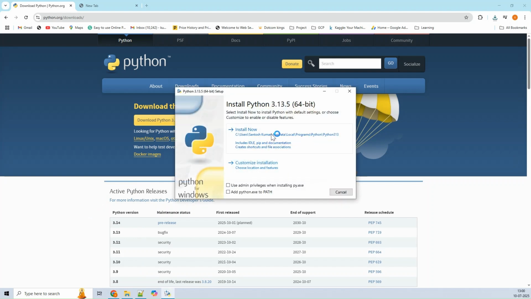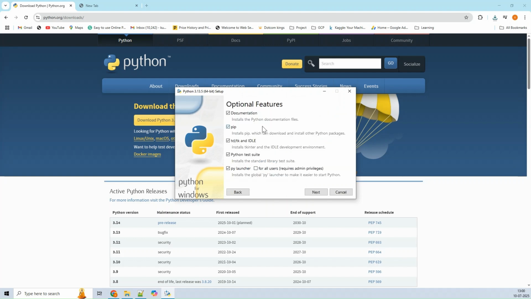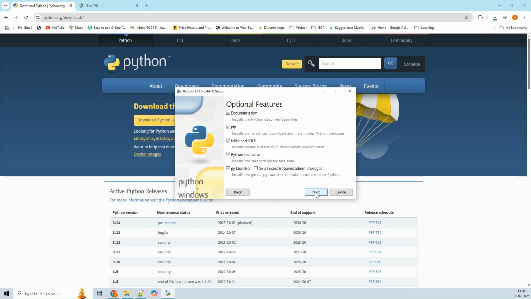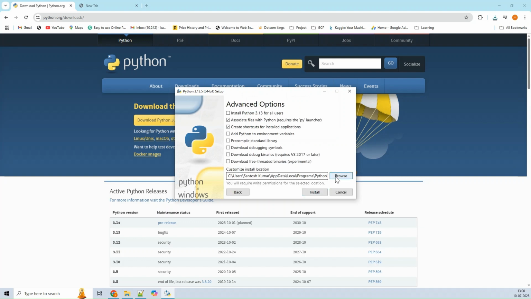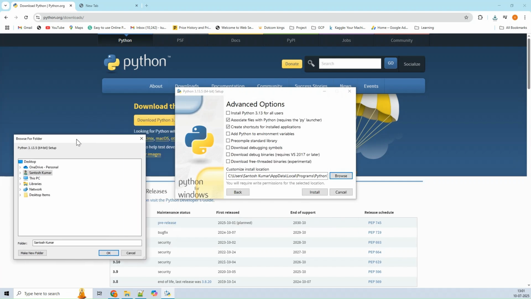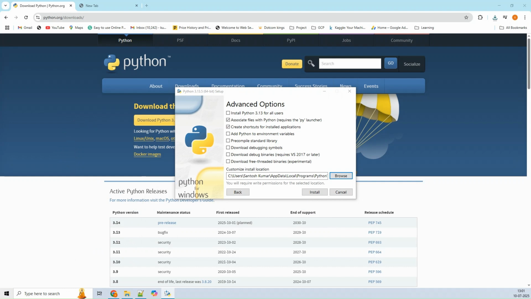So it is installing. If you want to customize where you want to install, you can select it from customization in installations, and then you can click on next. You can basically select your drive where you want to install.